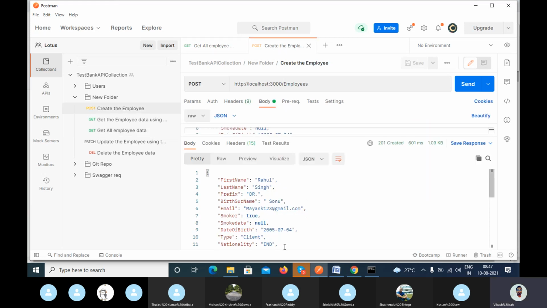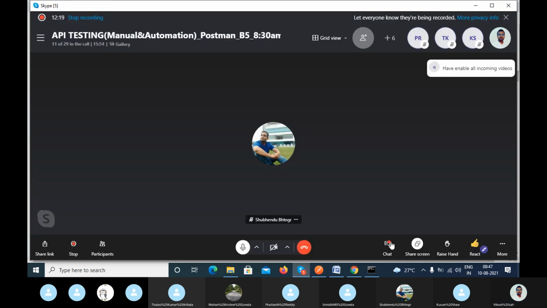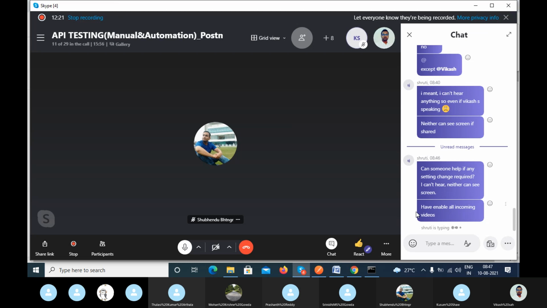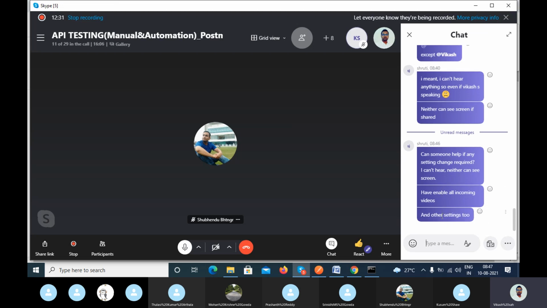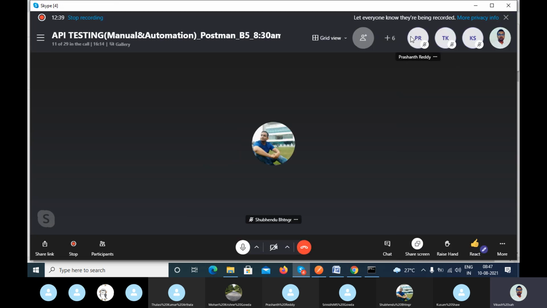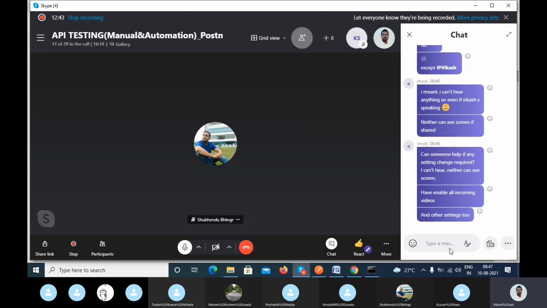Okay, when I'm trying to... what happens, Surti? Can someone help me with the settings change? I can't see the screen. Have you enabled all the incoming videos? Surti, I think you are not able to see my screen also.